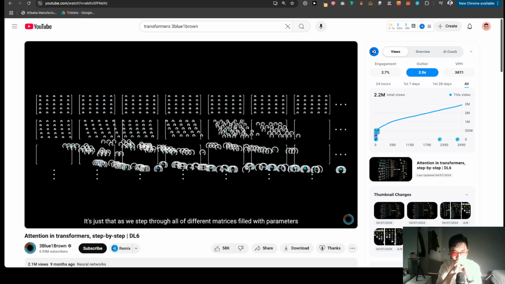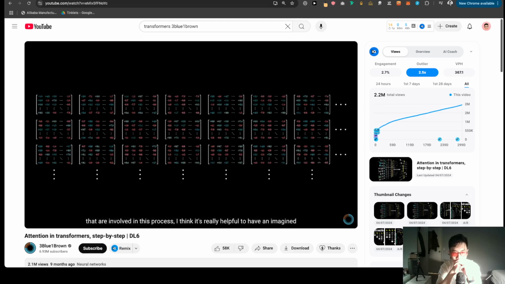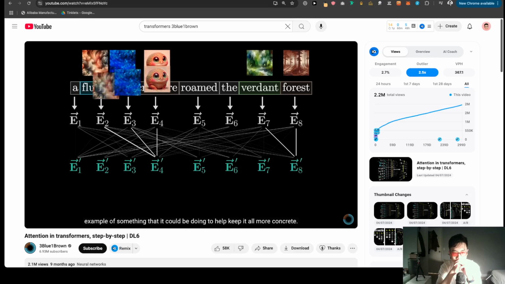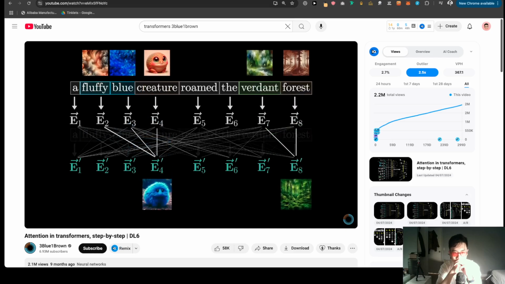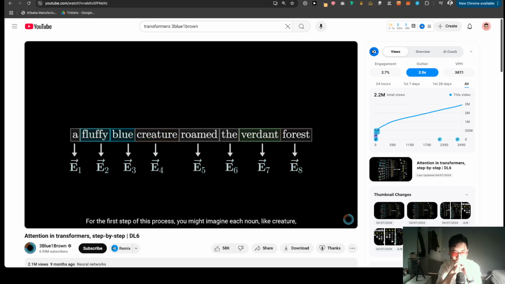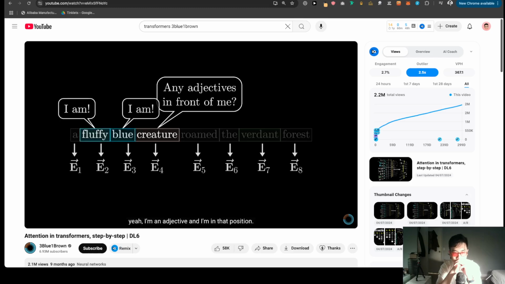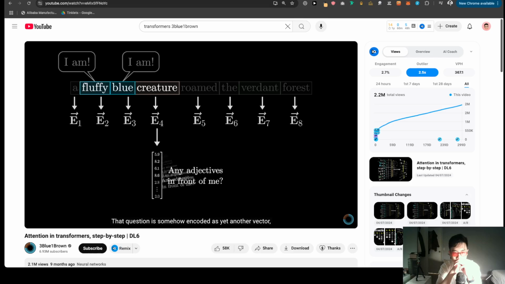It's just that as we step through all of the different matrices filled with parameters that are involved in this process, I think it's really helpful to have an imagined example of something that it could be doing to help keep it all more concrete. For the first step of this process, you might imagine each noun, like creature, asking the question, "Hey, are there any adjectives sitting in front of me?" And for the words fluffy and blue to each be able to answer, "Yeah, I'm an adjective and I'm in that position." That question is somehow encoded as yet another vector, another list of numbers, which we call the query